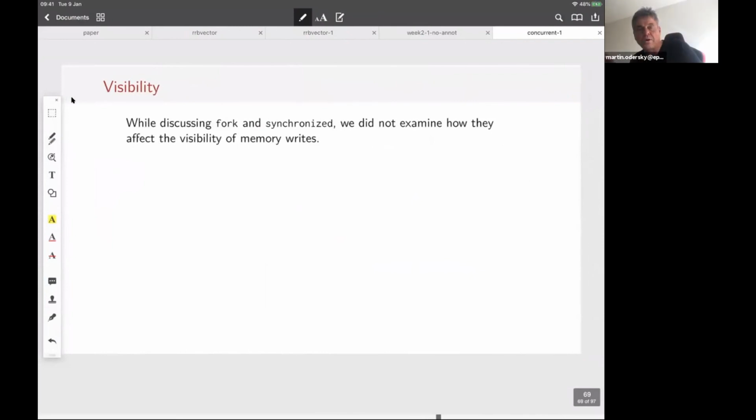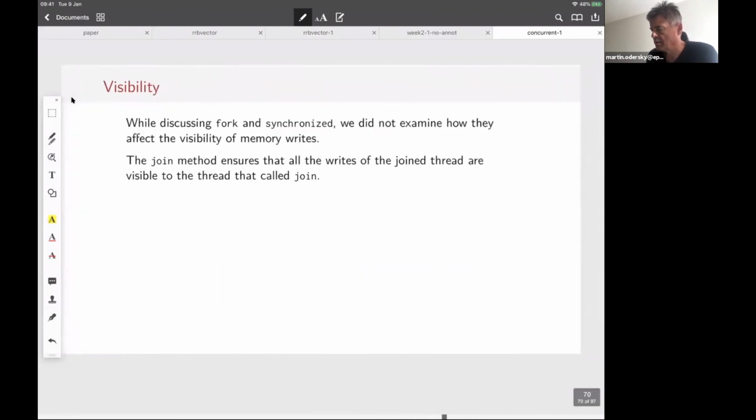Okay, good. So when we discussed fork and synchronized, we didn't actually look at the visibility of the memory writes. We just assumed that memory would be written as usual. So what we've learned is that the join method ensures that all the writes of the joined threads are visible to the threads that call join.